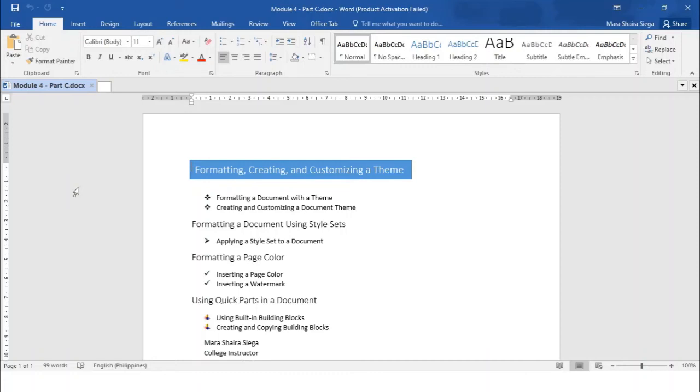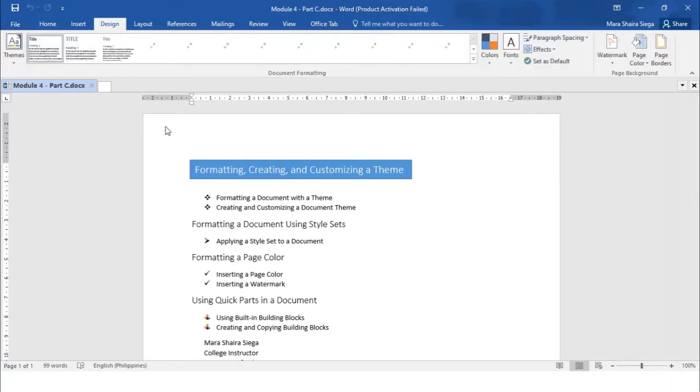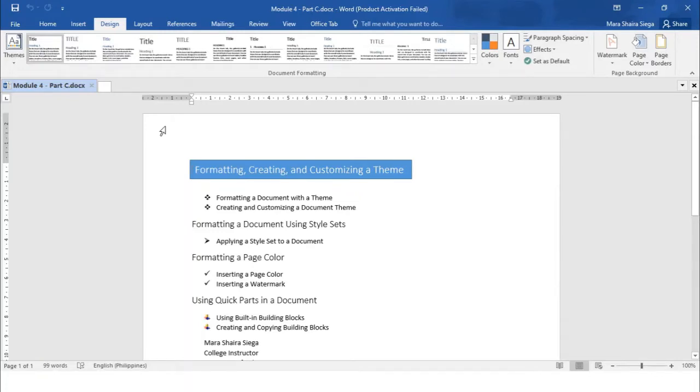So on this part, we will be focusing more on the Design tab. Here we have two main groups, which is the document formatting and the page background. The Design tab offers several different ways to format a document by using themes or selecting from the document